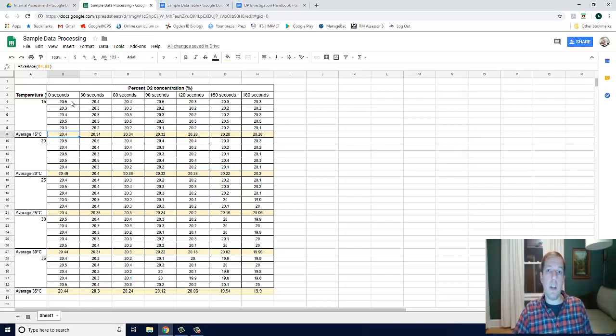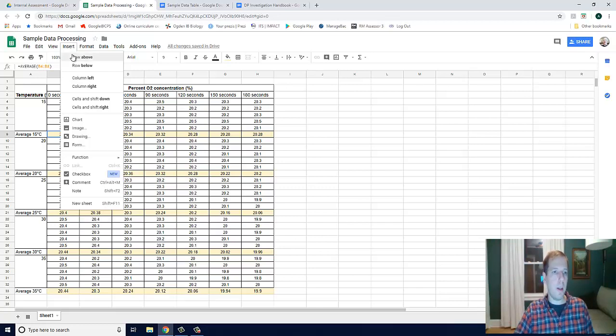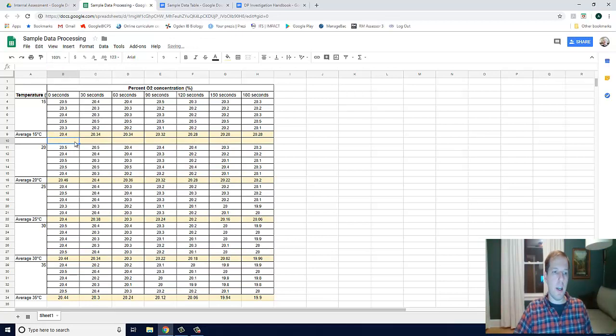In order to compute standard deviation with our spreadsheet software, just like with the average, I want to insert another row because the standard deviation will be different for each data measurement that I took. So I'm going to insert another row below my average. And in this box, again, I'm going to label this: standard deviation for the average percent O2 concentration at 15 degrees. I'm going to hit the equal sign, which will bring up again the possibility to add a new function. And I'm going to write in